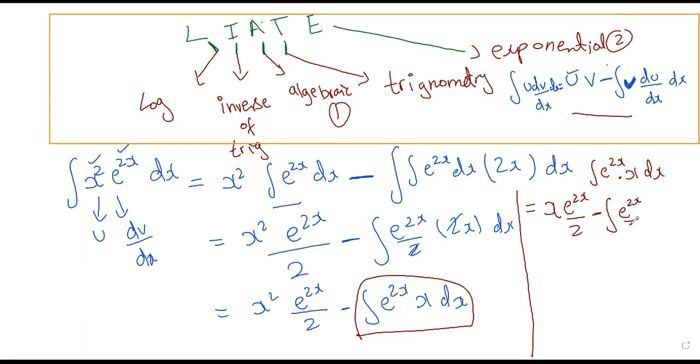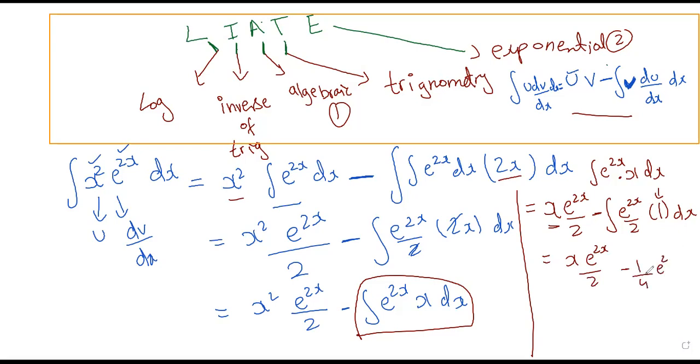Derivative of first function. Now we have x. Derivative of x is 1. Initially, we had x square, so we ended up getting 2x. And our choice of first function has become 1, or has become a constant in short. So this is x e to the 2x by 2 minus, I will get 1 by 4 e to